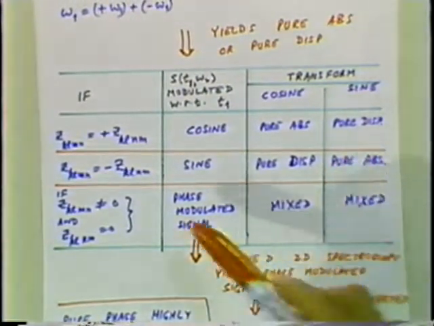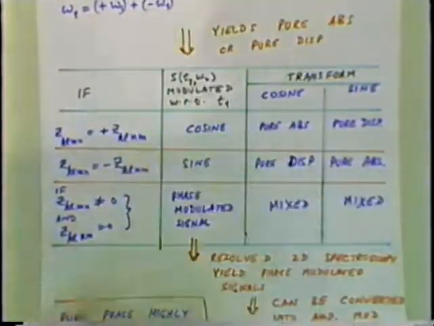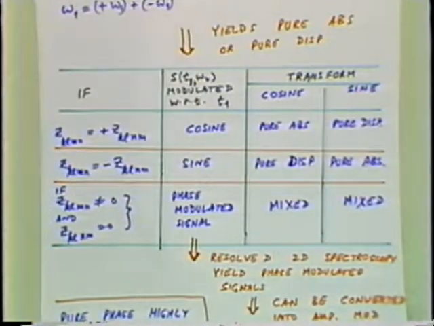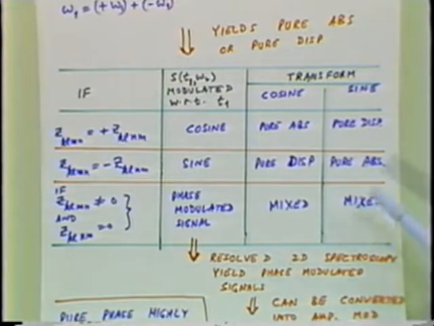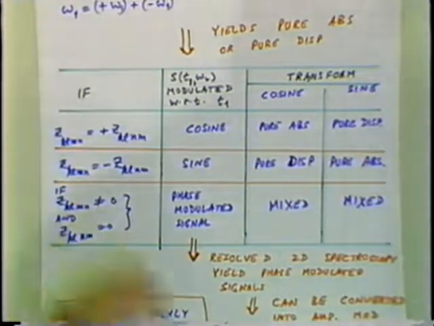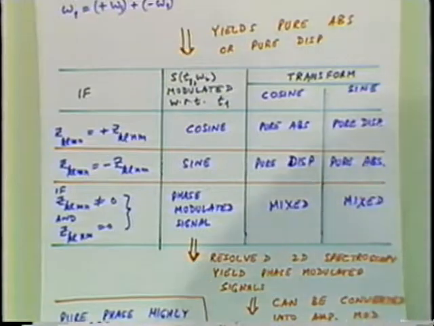On the other hand, if Z_KL,MN is minus times Z_KL,NM, then it is a sine modulated signal. On that, if I do a cosine transform, again I'll get pure dispersive. But if I do a sine transform on a sine modulated signal, I'll get pure absorptive. So this table provides you the recipe. If you know whether you have a cosine modulated signal or a sine modulated signal, it tells you what you should do to get